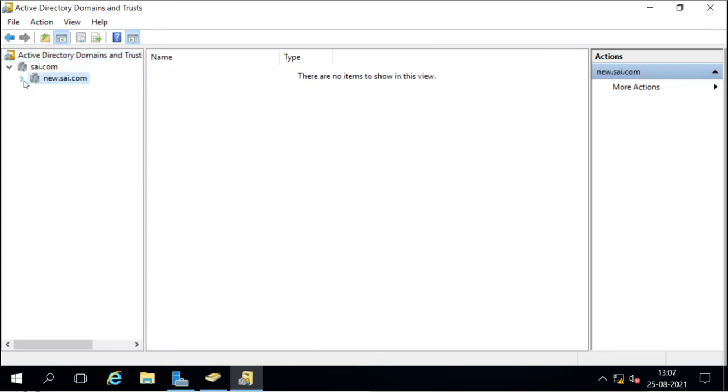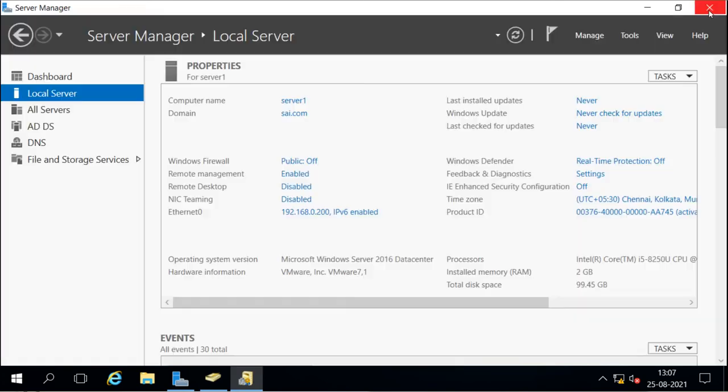The child domain does not have any other child, so nothing is shown. So we have a root domain, and then we have a child domain of the root domain. Now, the same way we created the child domain, we can create the tree domain also. If we want to create the tree domain, we do the same thing: we take a new server for that domain. It is a separate domain, which means we have separate infrastructure, separate servers, separate clients, and we want to create a separate domain for them as a tree domain.